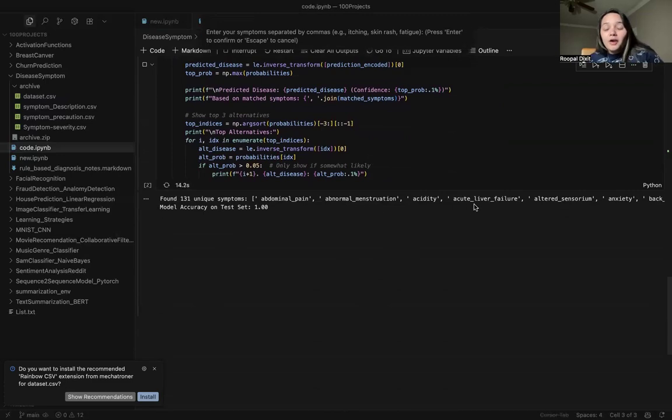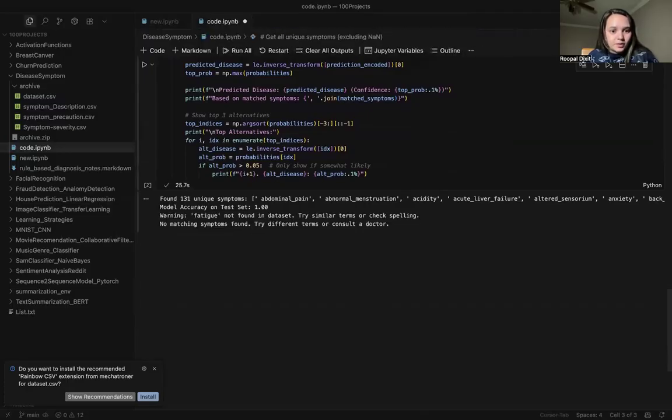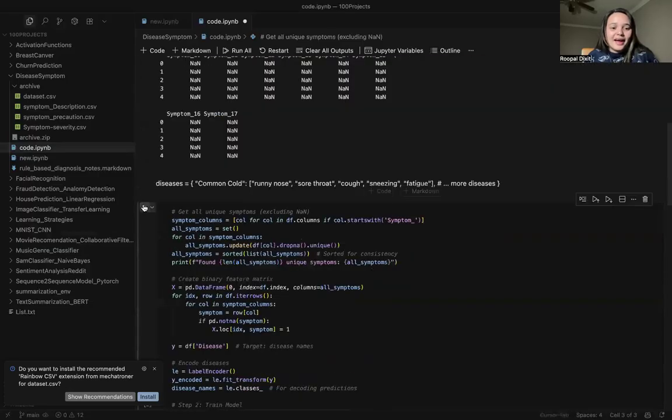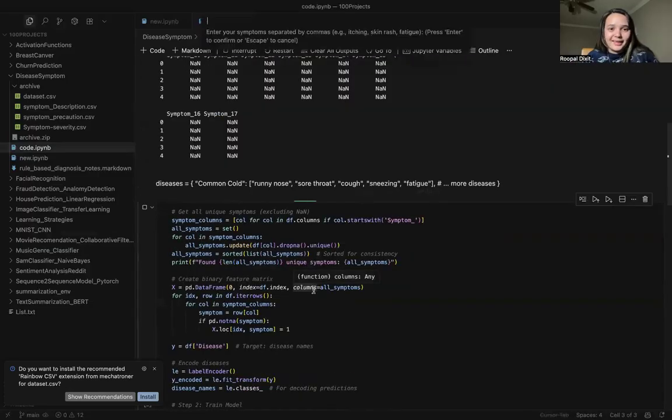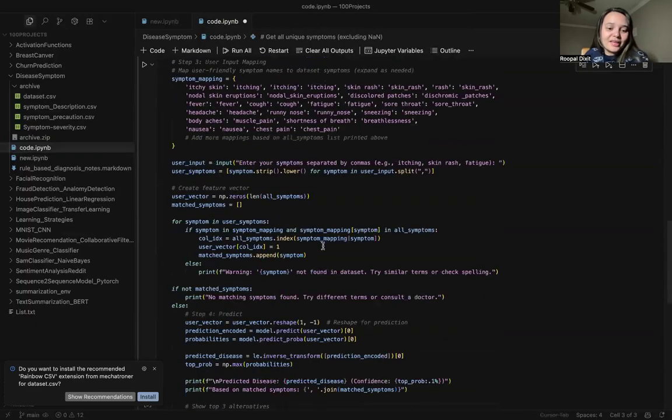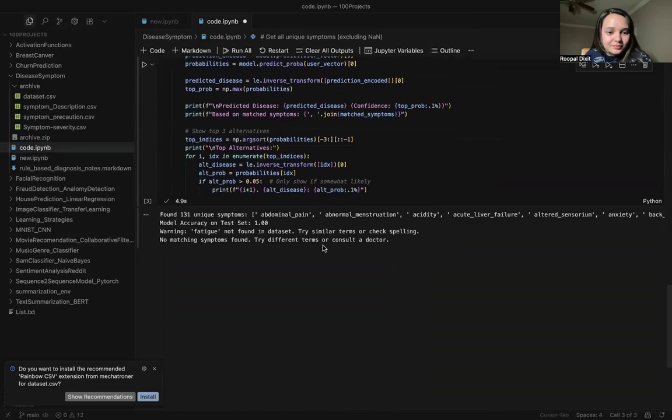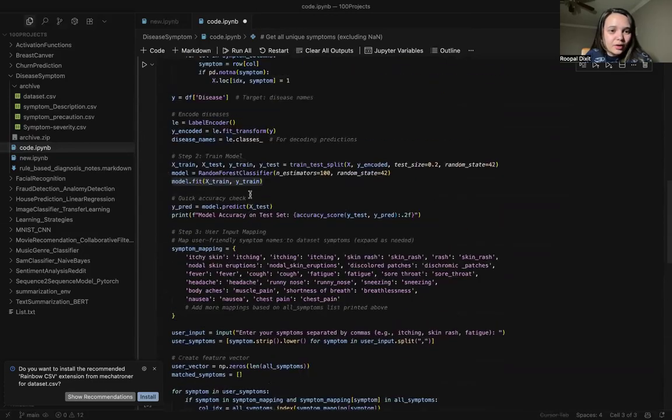So this is how a normal user is not going to write acute_liver_failure. So what we can do, okay, it is asking for a symptom, I'll say fatigue. I'm feeling fatigue. Oh, sorry, I forgot to put the lowercase. So this is what I'm talking about. If someone is saying that, okay, what is going on with this?